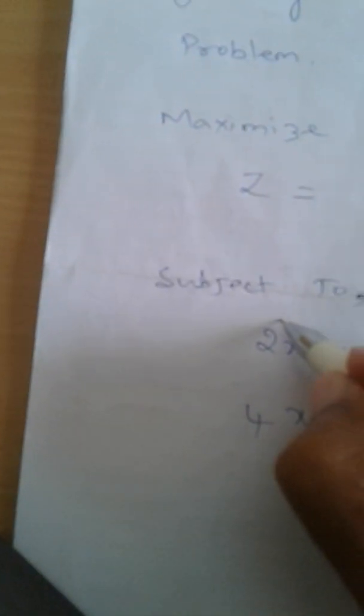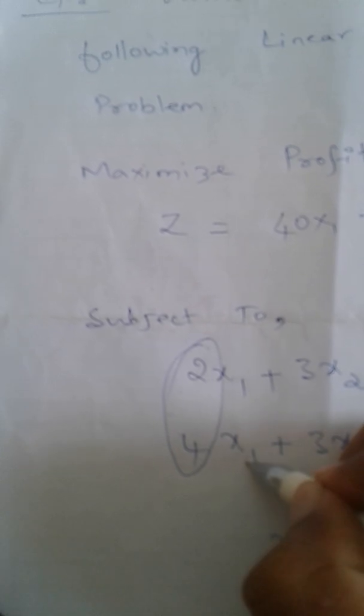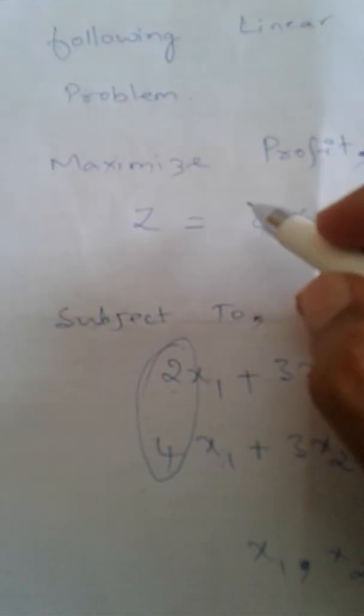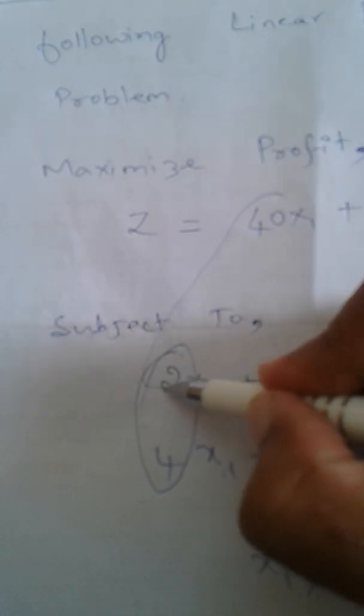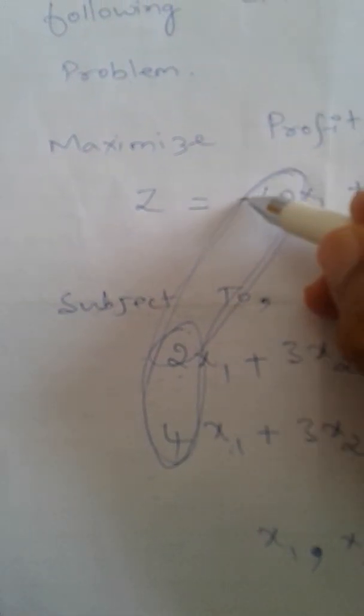Now we club these two coefficients. Why only these two? Because they belong to the coefficients of the x1 variable, and we are formulating one equation. The RHS is this, so we club that too. All the coefficients of x1 are clubbed and formulated as one equation, so 2y1 plus 4y2 greater than or equal to 40. Here the change is y1 and y2: instead of x1 and x2 we use y1 and y2. We will see what exactly y1 and y2 are.